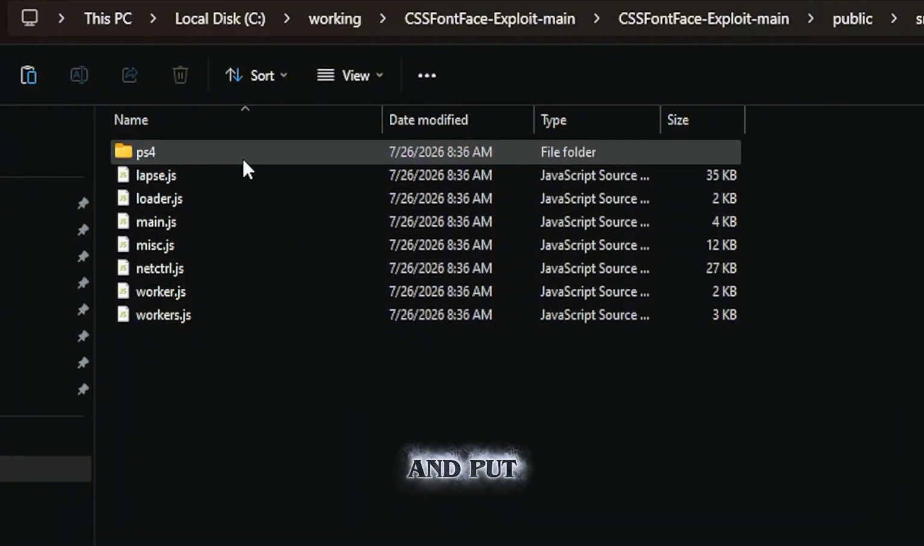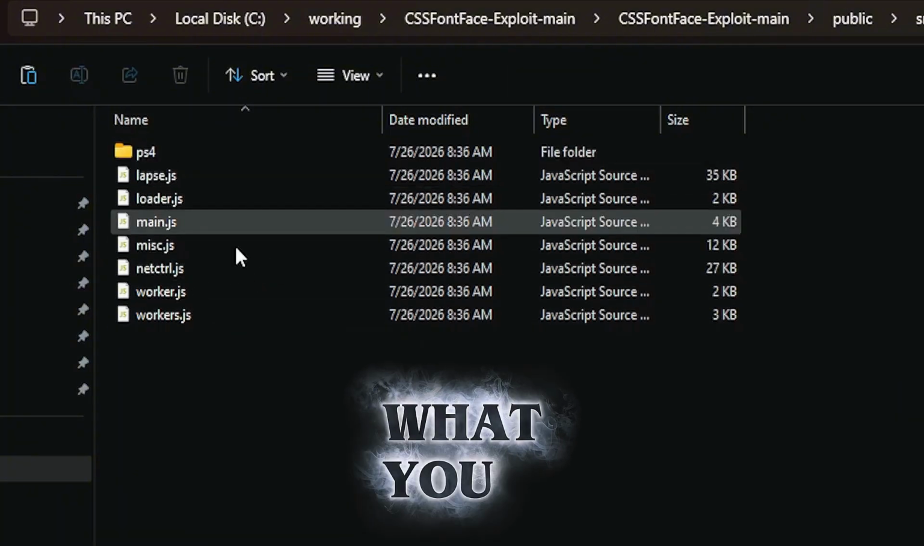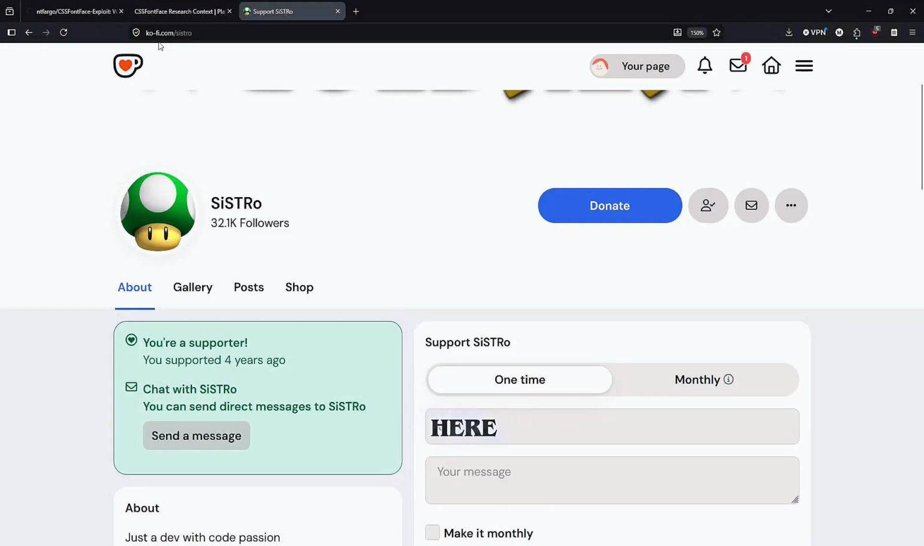this right here is where we need to put our GoldHEN.bin, or just the regular HEN if that's what you want to use. Let's go ahead and grab GoldHEN. So I'm going to come over here to